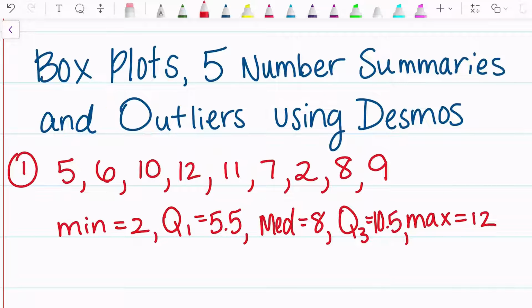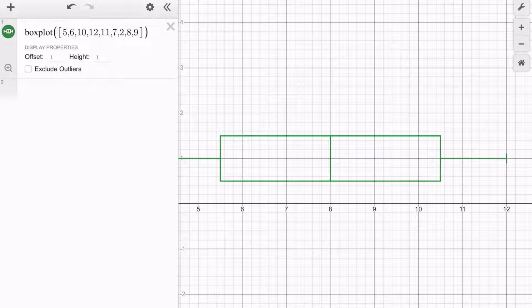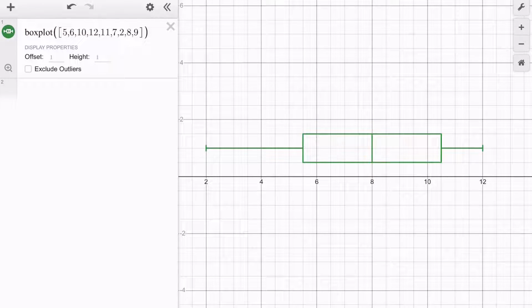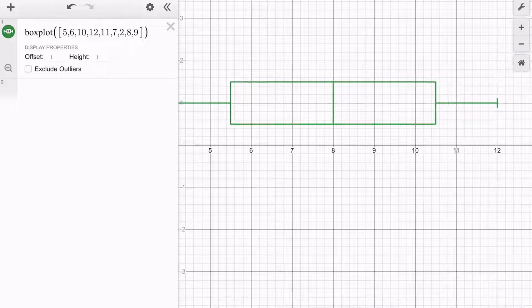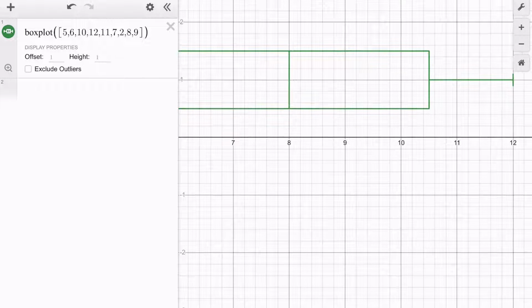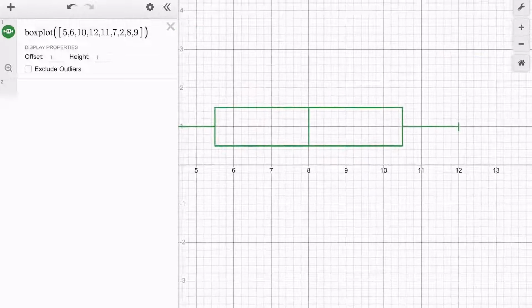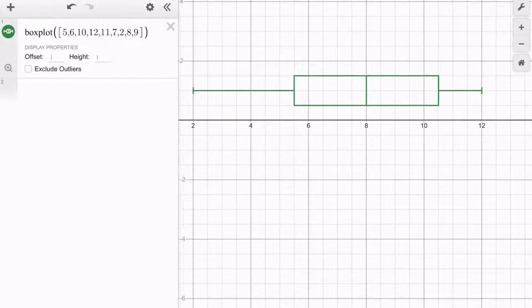So if I'm looking for my 5-number summary, again, I type it into Desmos into box plot. And then I'm going to look for the ends of my whiskers, which are my min and my max, so 2 and 12. The first spot of my box is my Q1, so that was 5.5. The middle line in the box is the median, which is 8. And then the other side of the box is the third quartile. So that is how you find your 5-number summary for your box plot if you were going to graph it